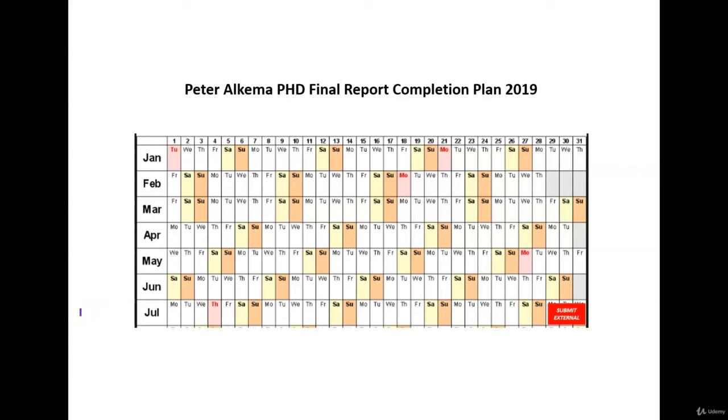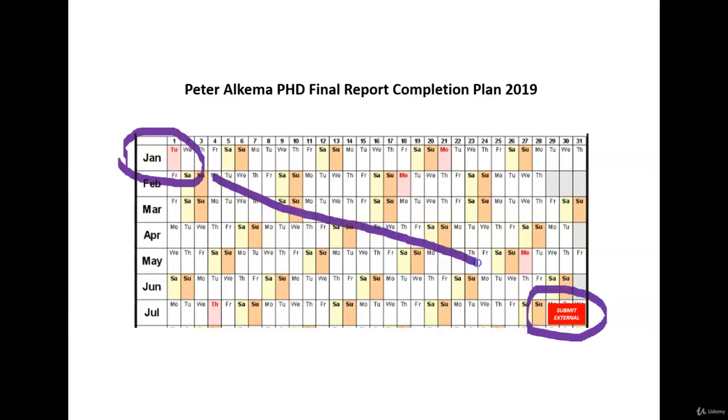This is my 6-month plan for completing my final PhD report in 6 months. So I was in January of 2019, and I felt that I could stretch myself to complete everything within 6 months to submit to the examiners. So I had to work out how I got from the beginning of January to the middle of the year or the end of July,